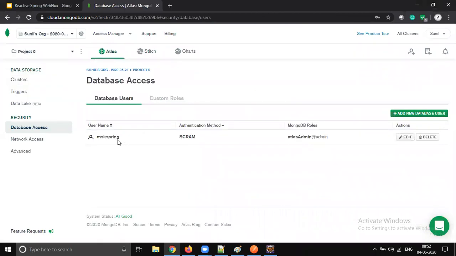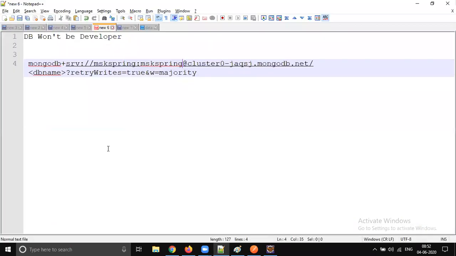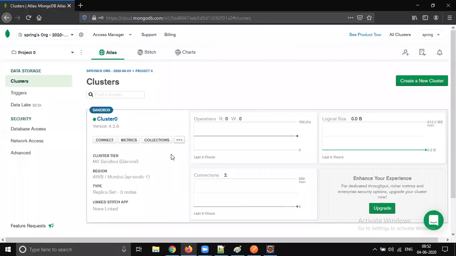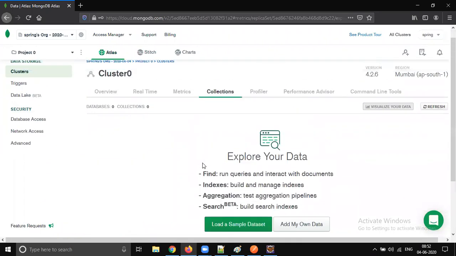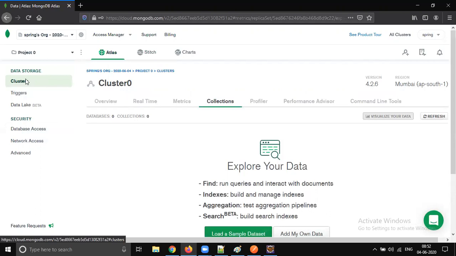Yeah, so the database is this. Fine. So it's done. Now go to collections. You don't see any data because we just created the username and password. Now it's ready. We can use our MongoDB.